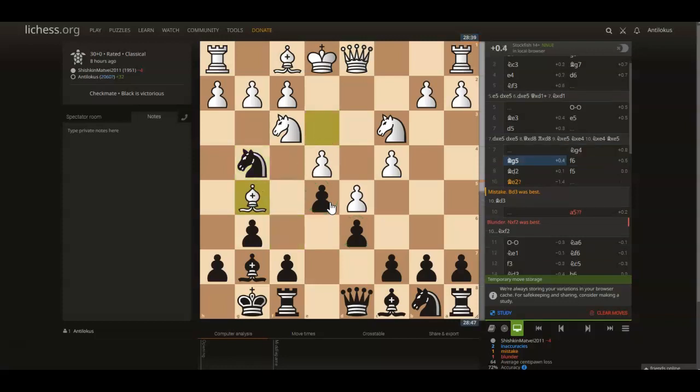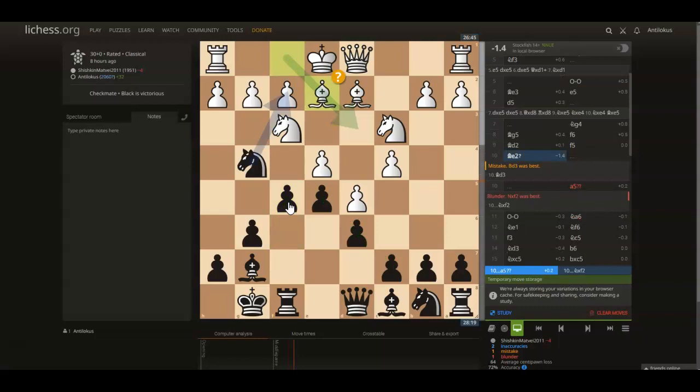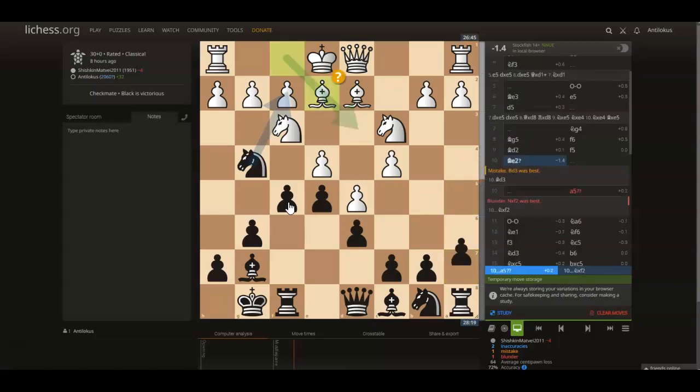Bishop g5 attacking the queen with tempo, but f6. Bishop drops back to d2, and now I get to play the typical King's Indian break f5. And again, our pawns are pointing to the king side. We want to start an attack there. f5 is critical in the King's Indian. Bishop e2, and here I played the standard King's Indian move a5, which I'll explain in a bit,